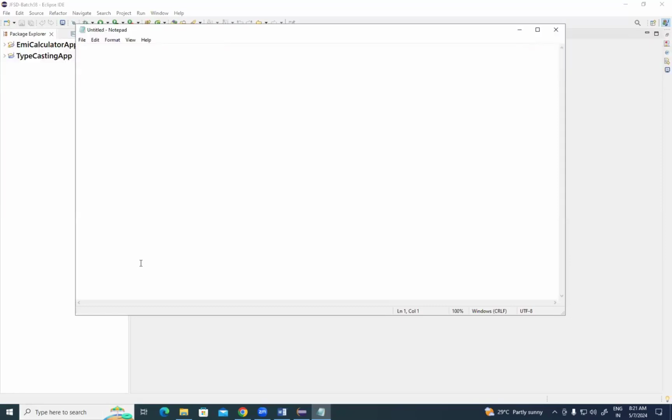Folks, you can open the Notepad like this. You can type the Java program here. Of course, it's not a Java program, but we can type the program. This is one way. Another way is